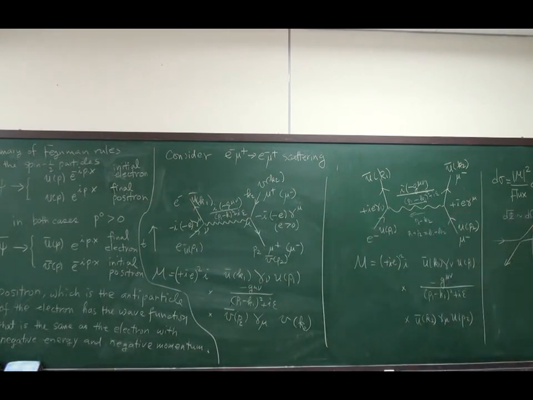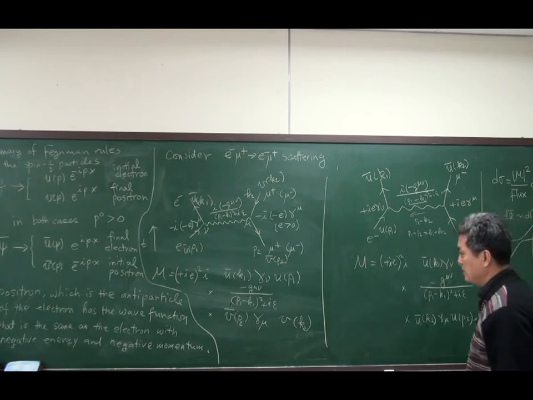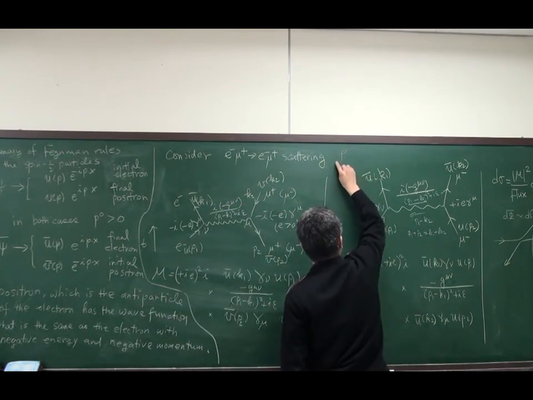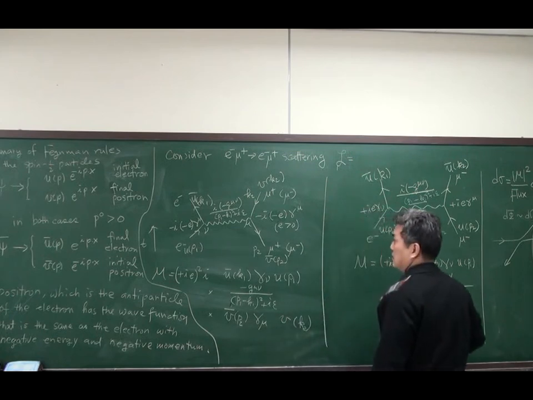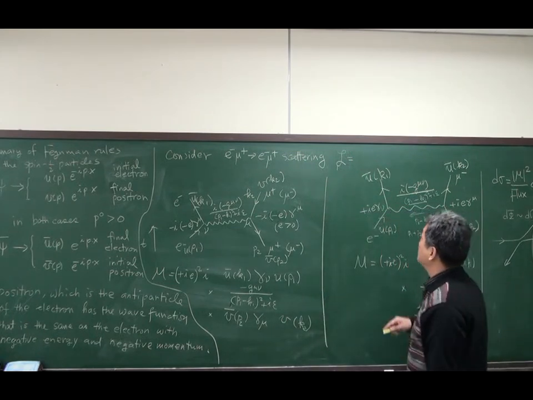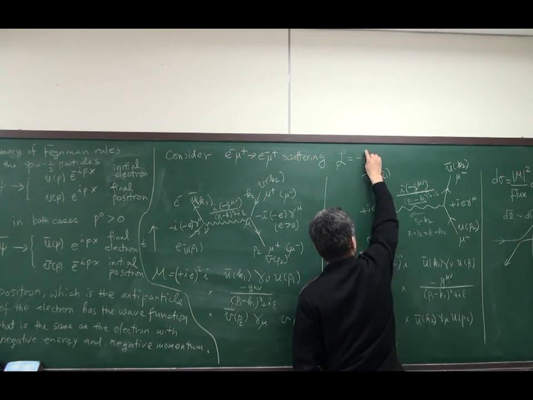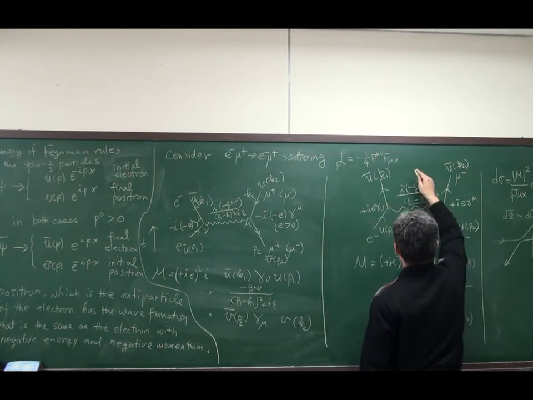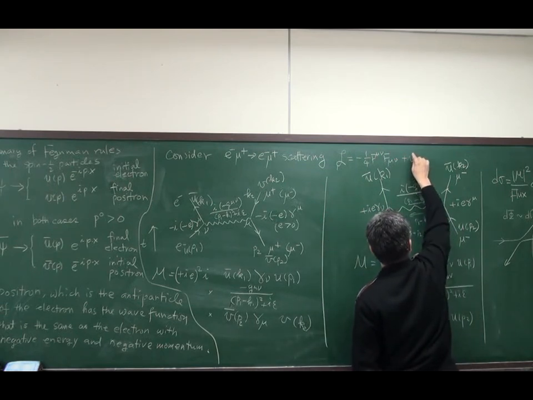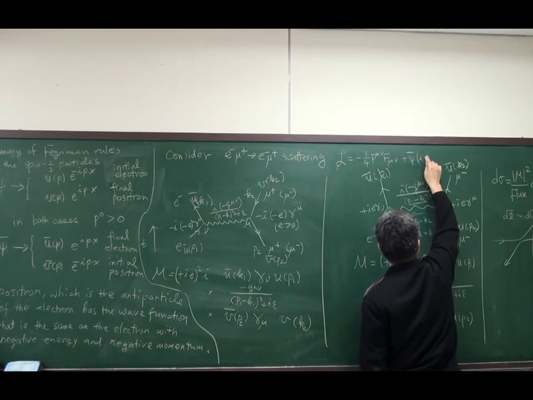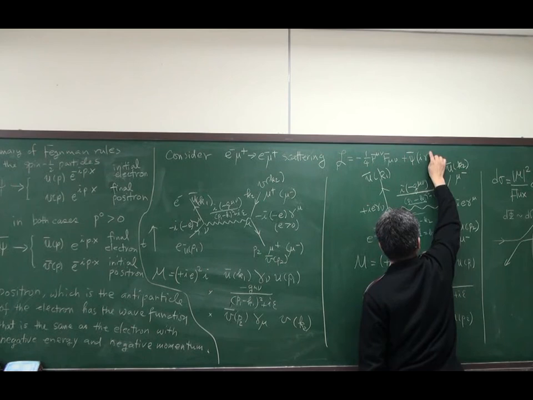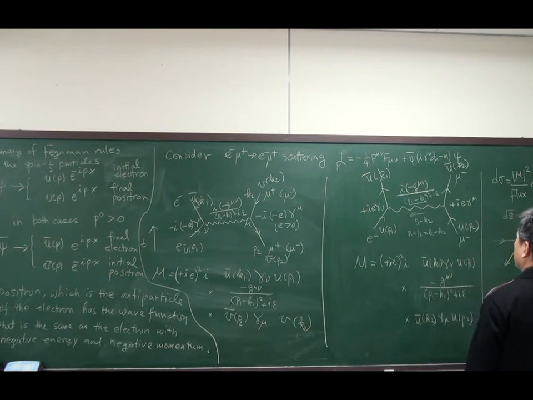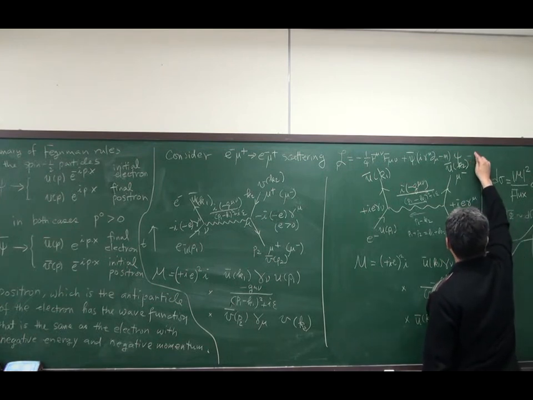Now let us summarize the QED Feynman rule. In the previous class we have shown the Lagrangian for electron and photon. The photon's free field Lagrangian is like that, and the free electron Lagrangian is like that. And by replacing the covariant derivative, we have obtained